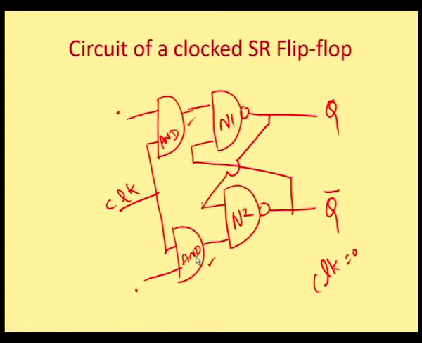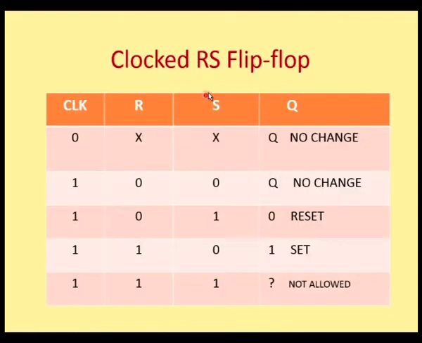Let's see how it works. You can give a stream of clocks to design the clocked SR flip-flop. Here we are going to use a clock pulse, so you can give a high and a low, high and a low repeatedly and check for the pattern. The SR flip-flop is again going to work in the same way and it will obey the same truth table. You have a clocked SR flip-flop, it behaves in the same way as your SR flip-flop which you studied or designed earlier, but when the clock is 0, the output does not change and it remains in the no change condition.